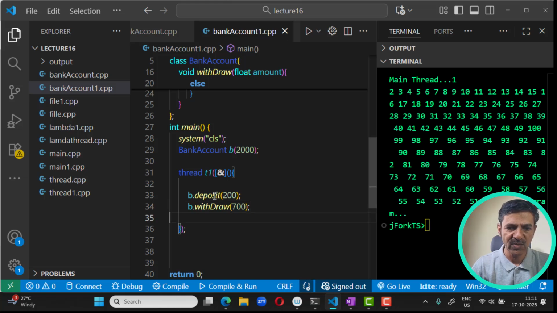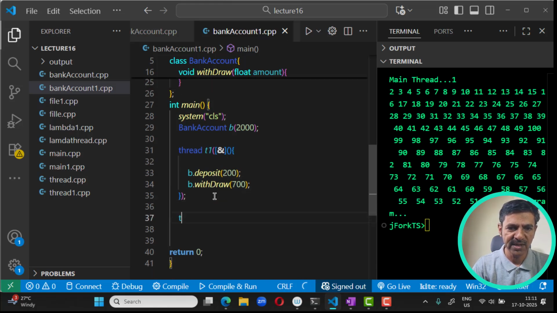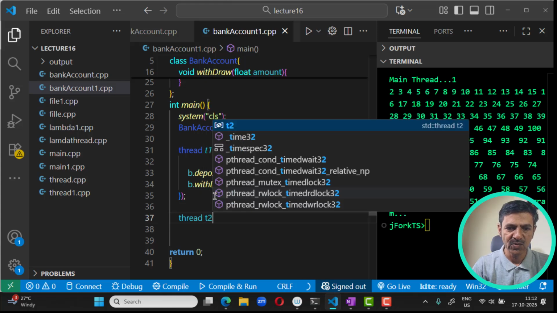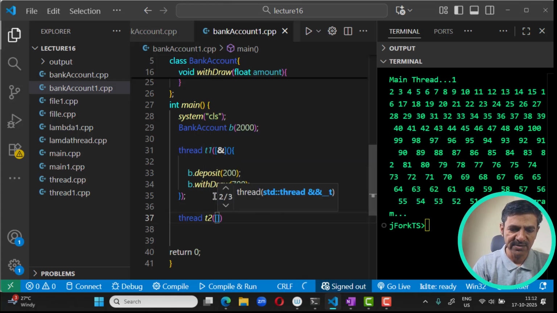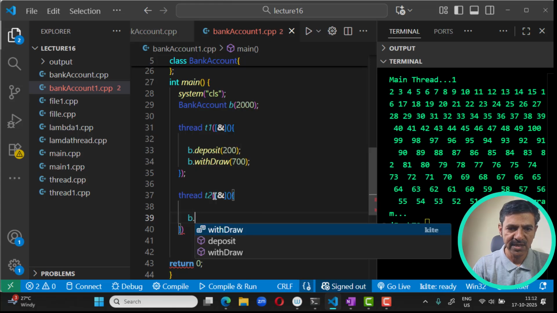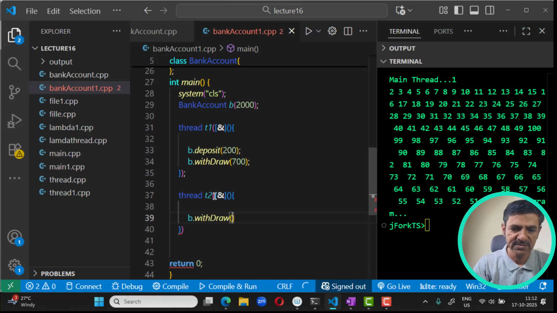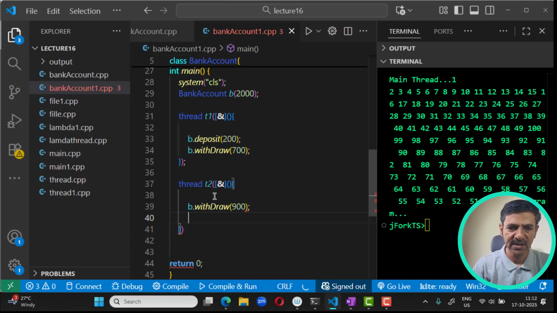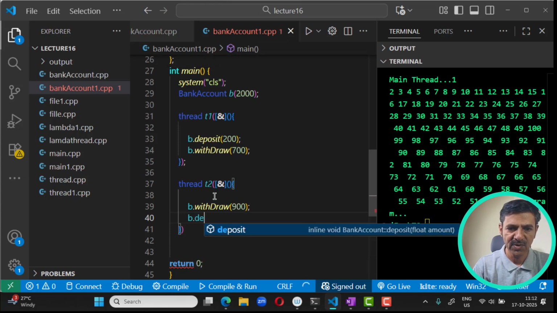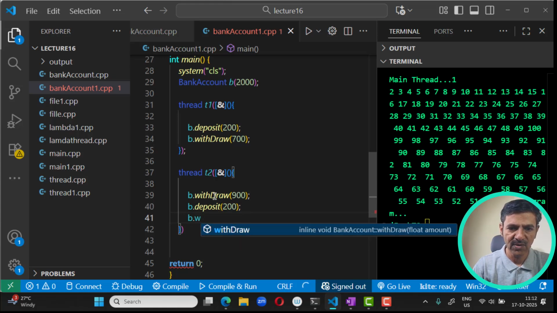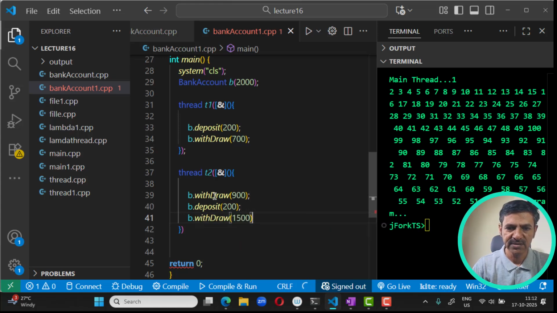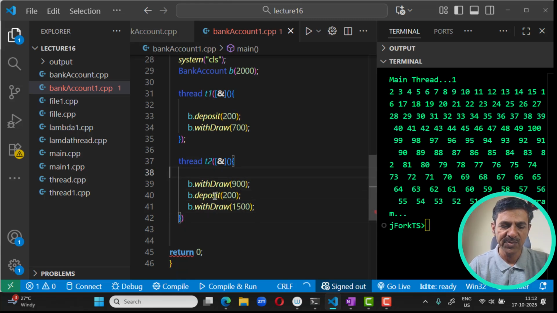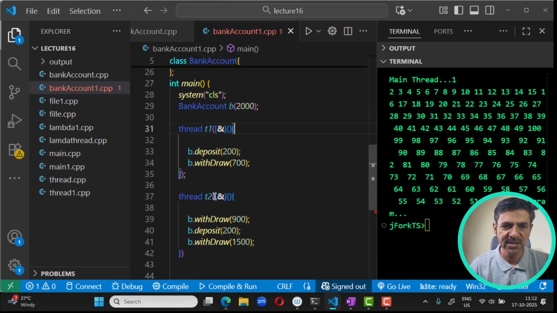Okay, so this is what thread 1 will be doing, right? Similarly, you can have another thread T2 which again has a lambda, and within this same object B, it's going to withdraw first maybe some 900 rupees and B dot deposit 200 rupees and maybe B dot withdraw 1500 rupees, something like this. So which of these operations will go through depends on how much is the balance at the